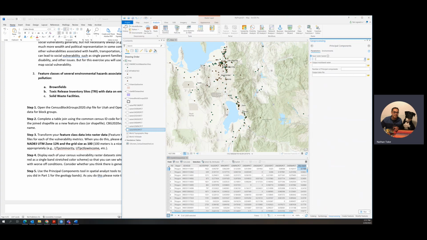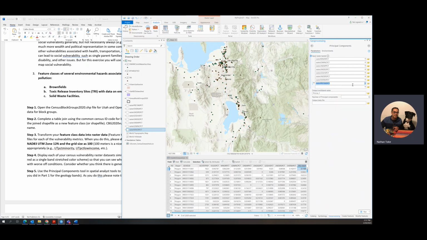And so when we do this, we need to be really careful. And I didn't emphasize this enough in the first tutorial, that we note exactly the order that we put these things in. I'm going to say that we should put them in the order they appear in the original data table, that way we'll remember. But you could also write this down in your notes or on your lab. So percent minority, percent low income, percent unemployment, percent of language being an issue, high school diploma, under 5, over 64,